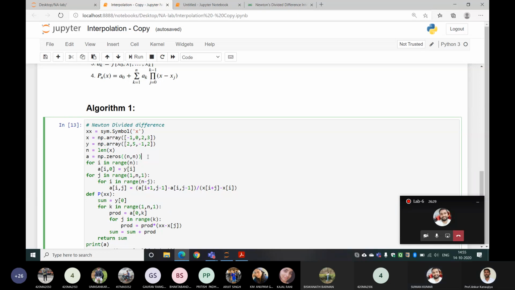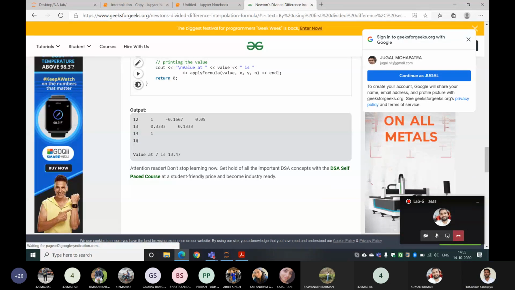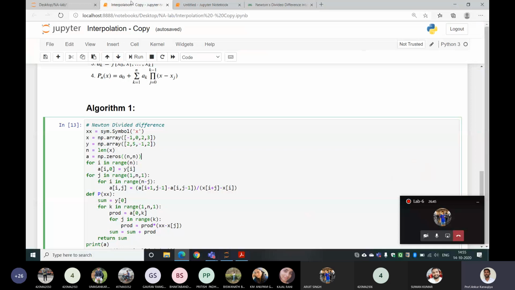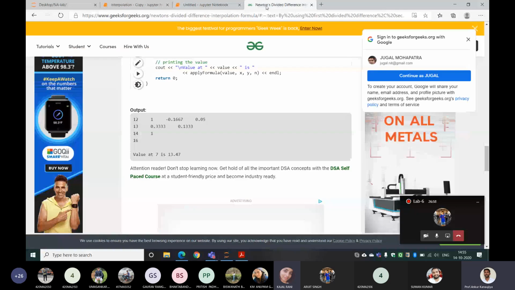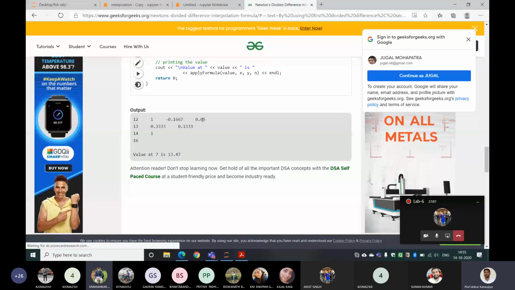Yes, sir. So now the first column in the table. What is this first column? The y values, or f of x values. That will contain the first column. So for i in the range n, the first column means, here in Python, I will explain again. The counting will start from 0. So this is the 0th row, this is the 3rd row. Similarly, this is the 0th column and it will go to the 3rd column.